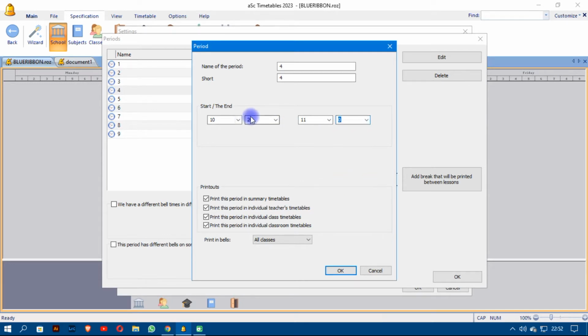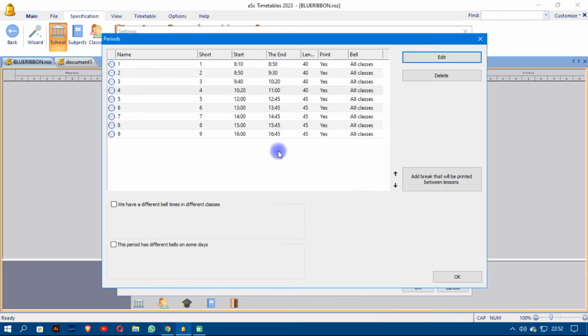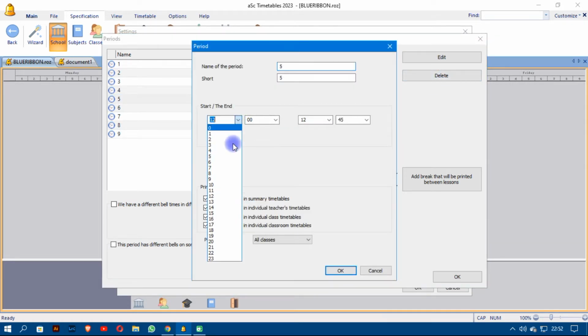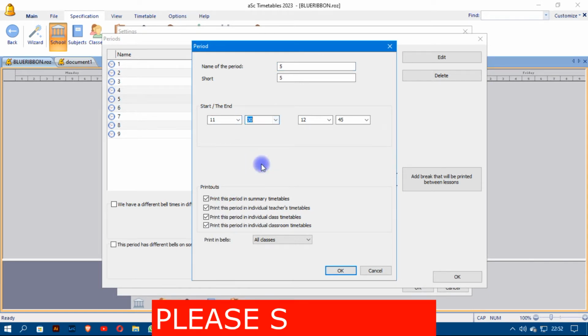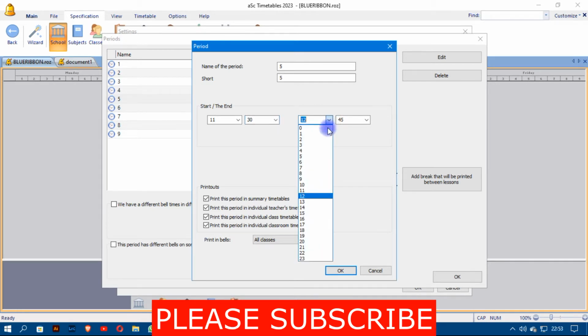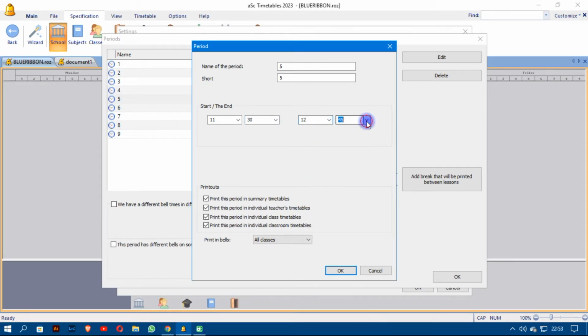So that again is 40 minutes. Our lessons are for 40 minutes, and then after that we shall have a second break from 11 sharp to 11:30. So our next lesson will not start from 11 sharp, but from 11:30. So I'm going to have 11 and then 30,